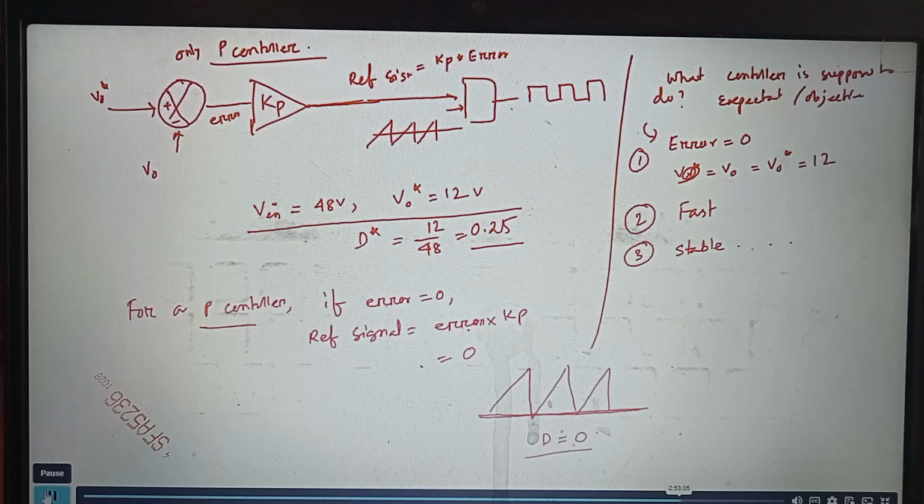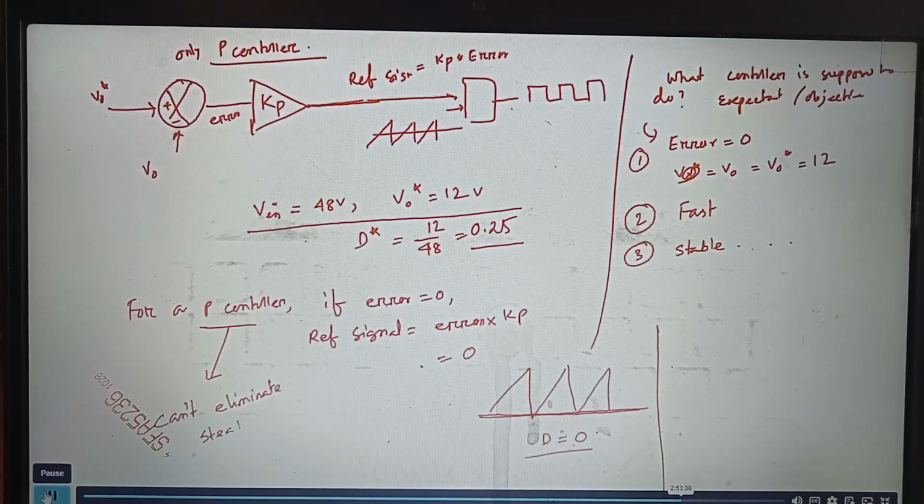Anything you multiply with 0, it will be 0, right? Unless KP is an infinite number. For practical hardware implementation, we cannot achieve infinite number, right? So it has to be finite. So if I want error to be 0, P controller output will also go to 0. So then your duty ratio will become 0. So it is not possible. Okay? So that's why we say that P controller can't eliminate